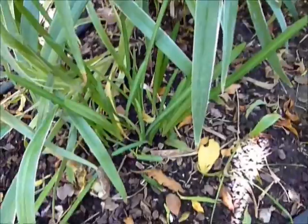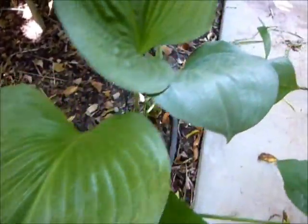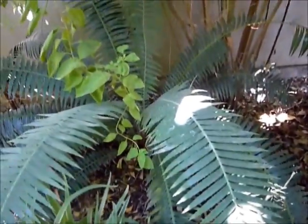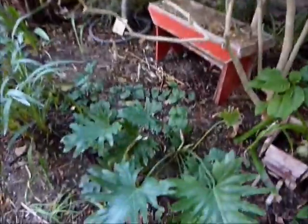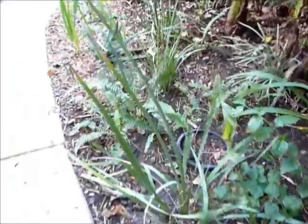And on the left, we've got some new growth underneath here. We have a beautiful Cardwell lily. Wonderful leaves, just really dramatic. We have a cycad, and we have a gardenia tree. To the right, we're going back, and we just have assorted things. We have a brugmansia, we have a pear tree, other goodies coming up. We've got ferns,